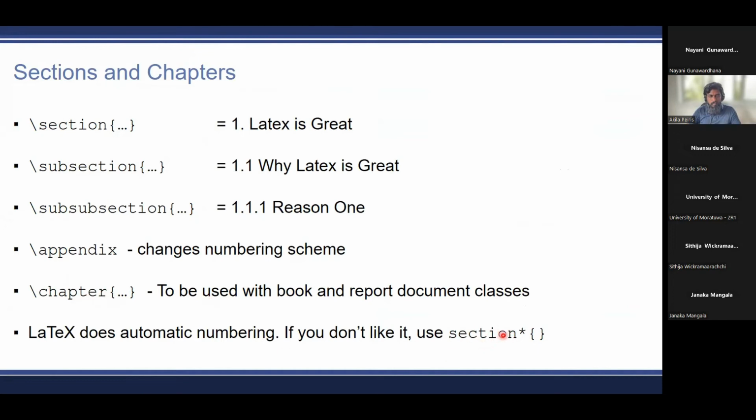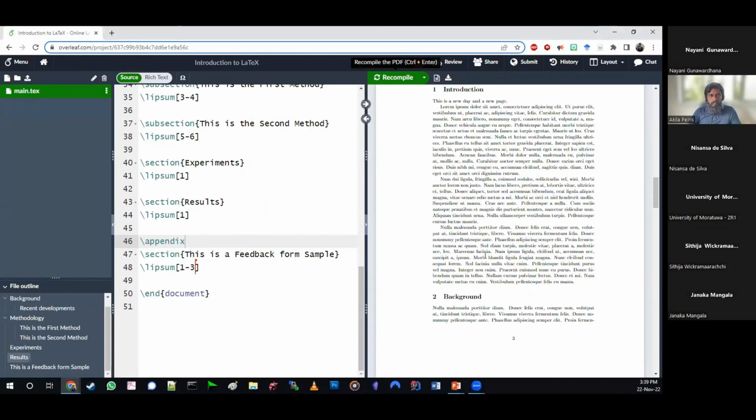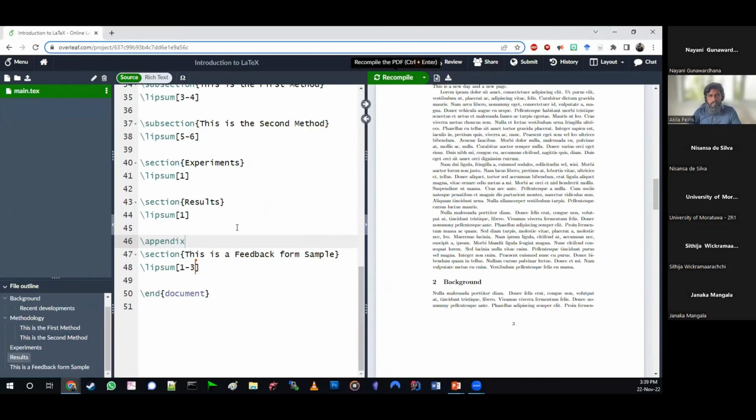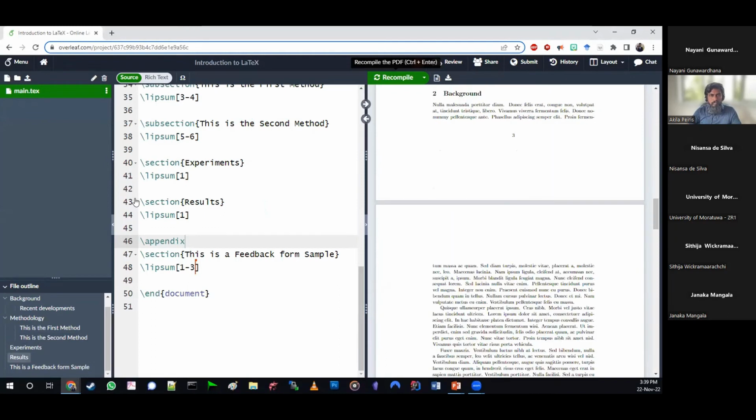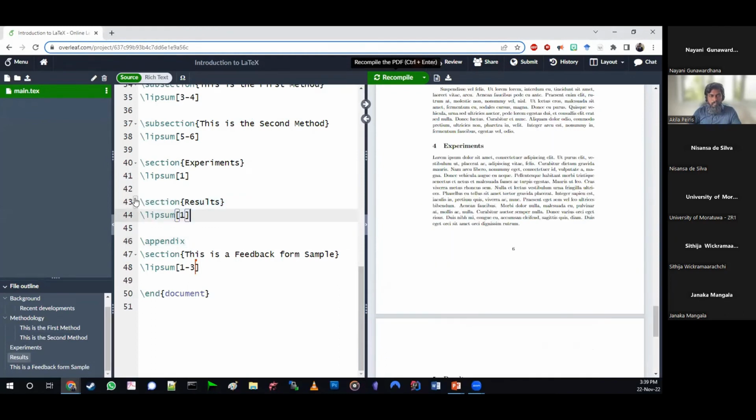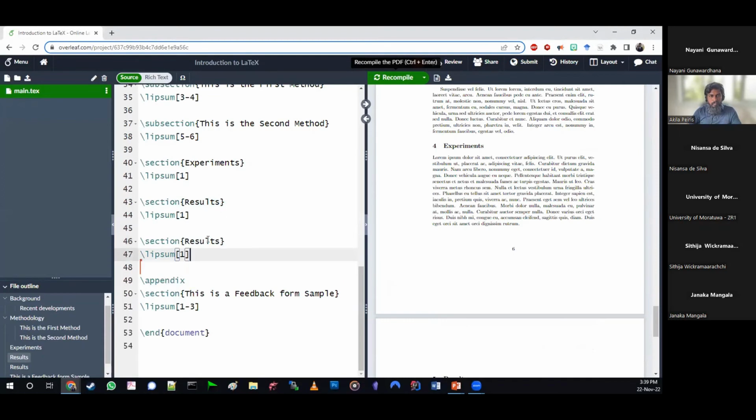Now, sometimes you do not want the section to have a number. The best example is, let's say, future work.